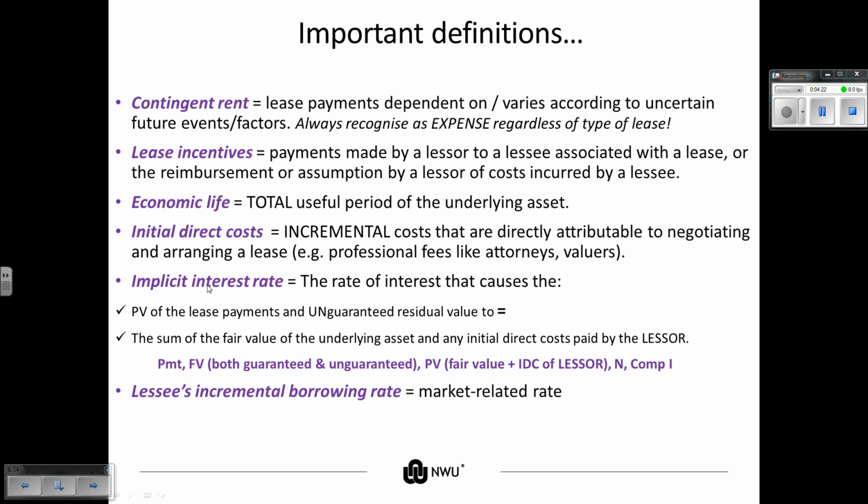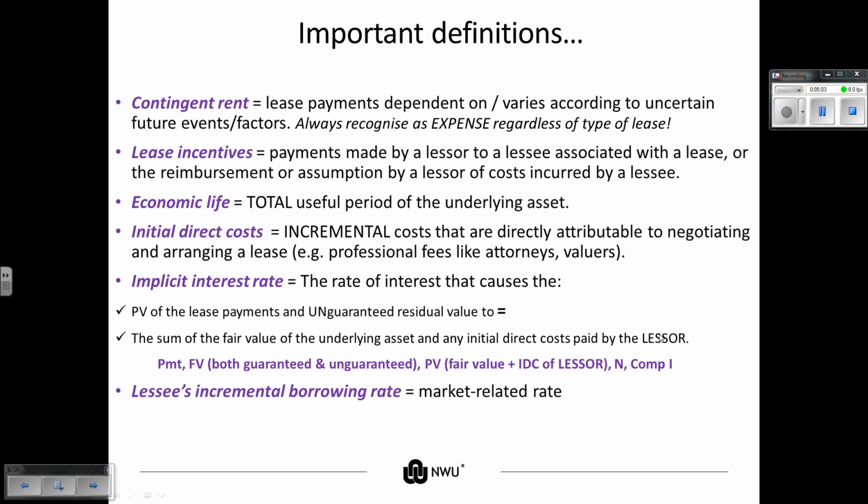The implicit interest rate is also a very important definition. It's the rate of interest that causes the present value of the lease payments plus the unguaranteed residual value. Why not the guaranteed? Because the guaranteed residual value, we've just said, is already included in the definition of lease payments. So if it says present value of lease payments, the guaranteed residual is already included in here, plus then our unguaranteed residual value. That should be equal to the sum of the fair value of the underlying asset and any initial direct costs paid